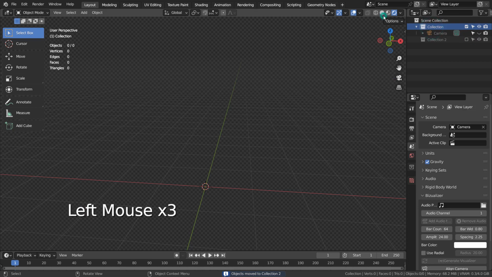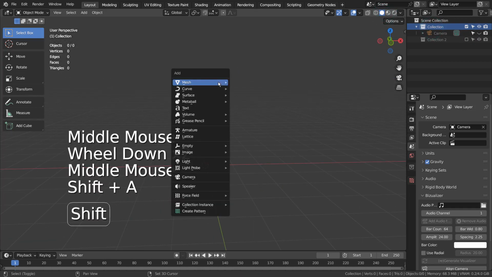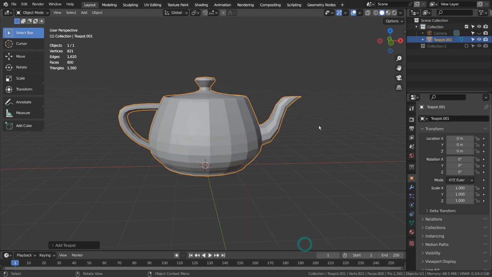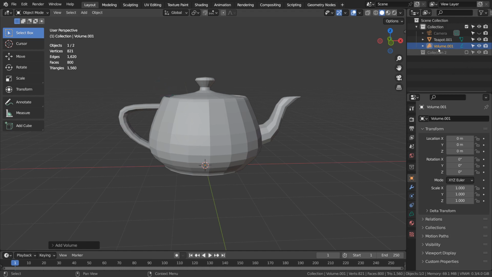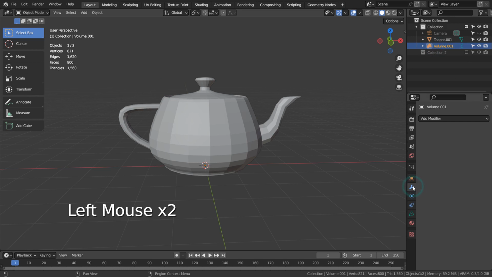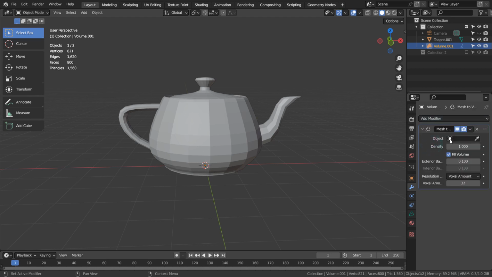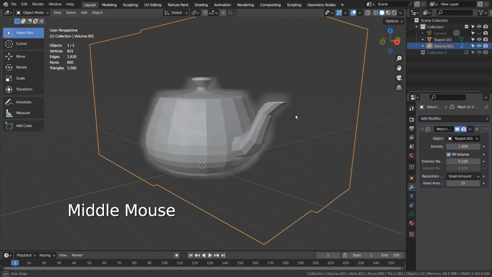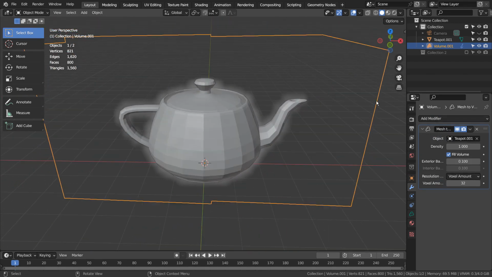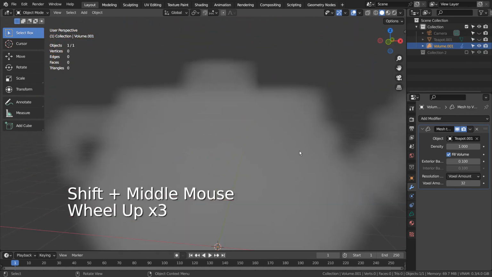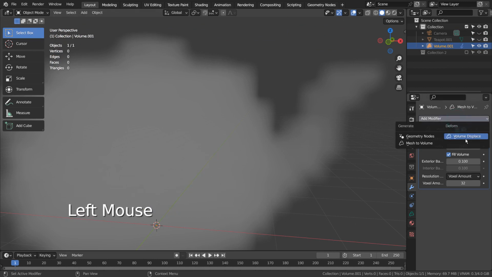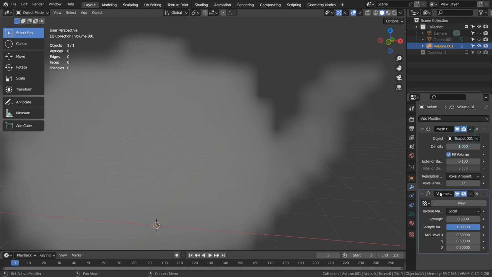I'll show you how to mesh to volume from scratch. This is how we add the noise, to make it look sharper.